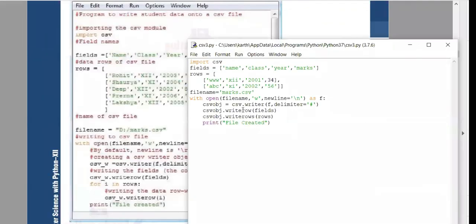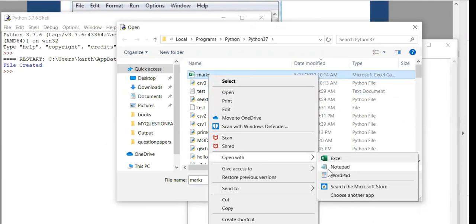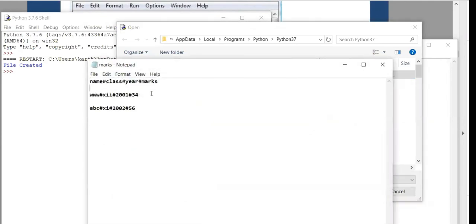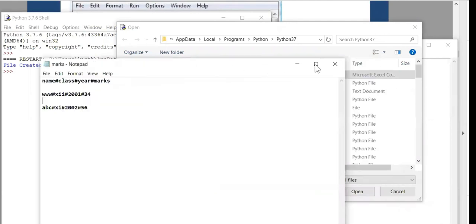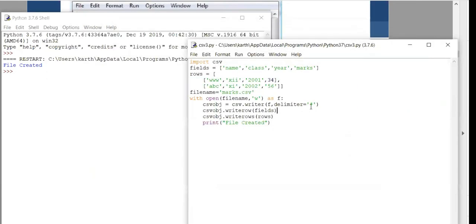This is how we can write the records into the file. Let me remove this particular line and show you how it is going to get saved. The file has got created. I'll open it. See, there is a space after each and every record. This is what represents \n\r by default. Understood. That is why we must have a new line specification. Okay. If I change the delimiter to comma, it is going to come along with a comma.